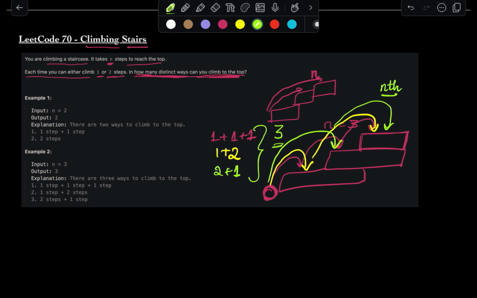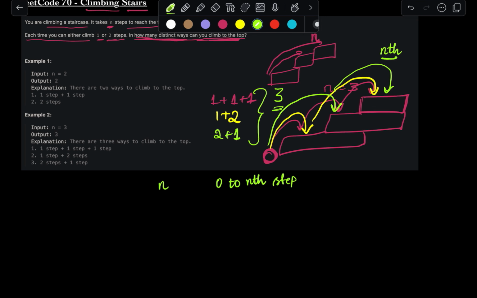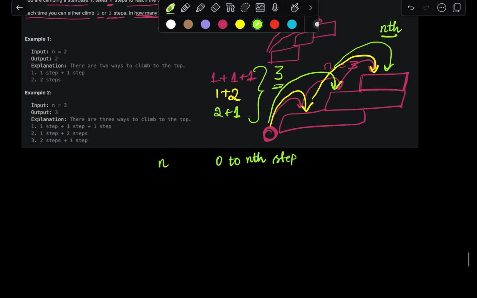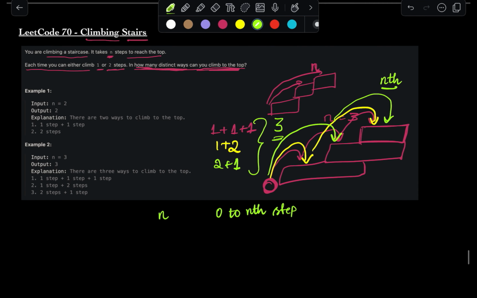Now, the question is as simple as that. Given a step n, in how many distinct ways can you climb to the top? In how many ways can you climb to the top from 0 to the nth step. Now, what can we do here? Just remember that whenever you are asked something like in how many distinct ways or